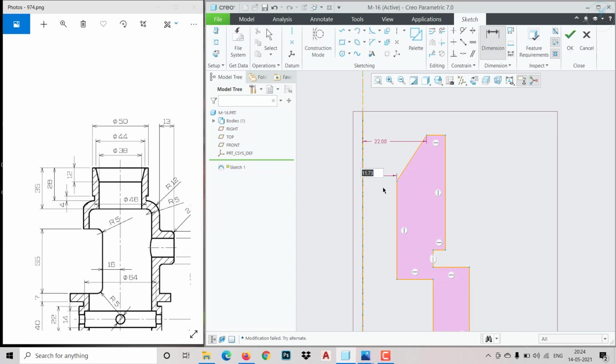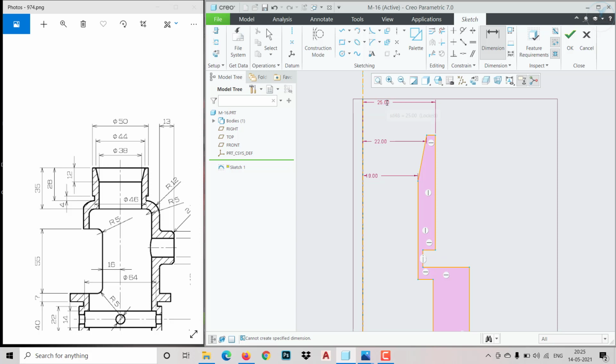So this one 38 by 2, that is 19 mm, and this outer part is 50, so it would come 25. Okay, then you can see this distance is 12. If you select the line and click over here, it will come angled only. So if you have an angled line, choose the endpoint, then click, so it will show this dimension, horizontal or vertical, depending on how you are clicking. So then 12 is fine, and this distance is 4 mm.